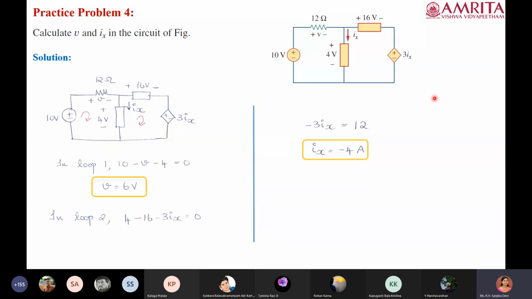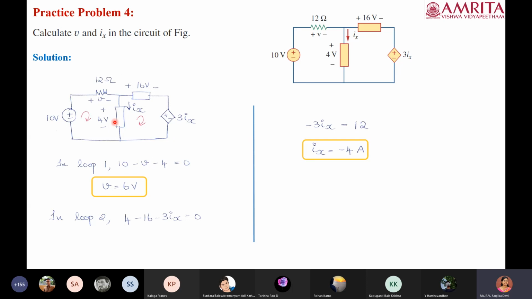So here, even though Ix is flowing down, since the voltage drop is already given, we will directly go with this particular voltage, because we do not know the nature of this particular element which is shown in the box. They have not shown any resistor or any element. They have just shown it as a box. It means that we do not know about the nature of this element. So we are directly going with this voltage which is already given, because we are anyway using this KVL.